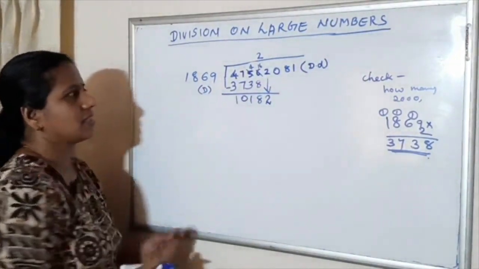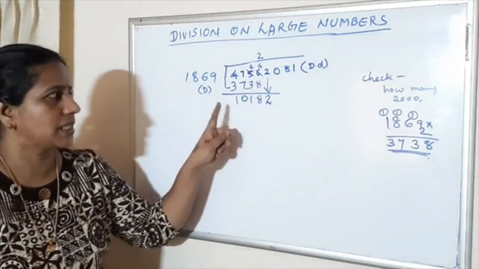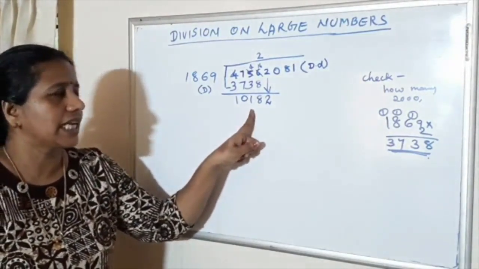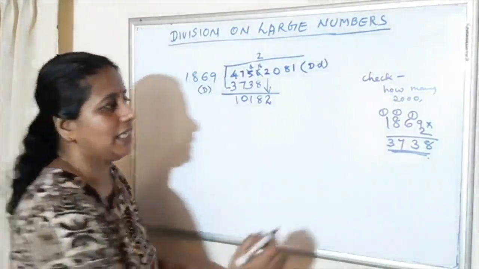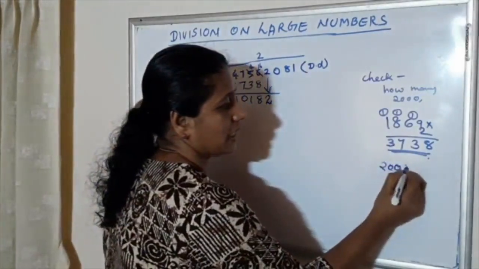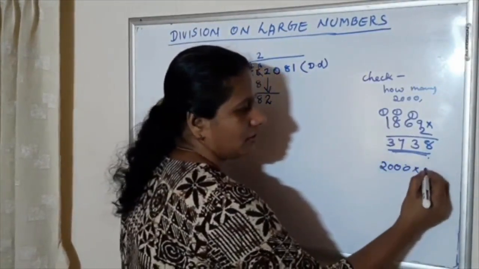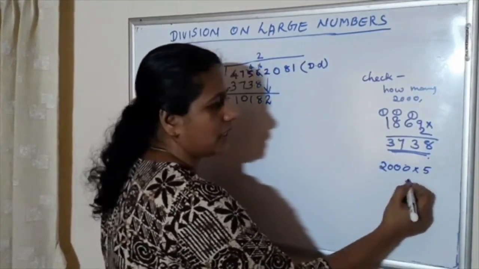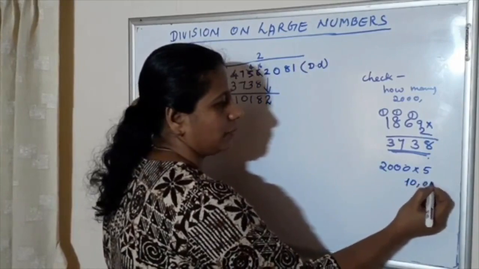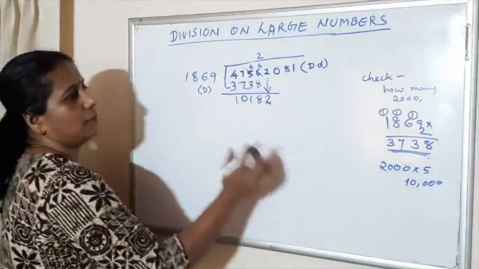After that, just check how many 2000 we can take. That is our estimation number. 2000 we can take from 10,182. It's very easy. 2000 into which number is equal to 10,000. It's very easy to multiply. 5 2s are 10. You want to think it, okay? 10,000. So, multiply